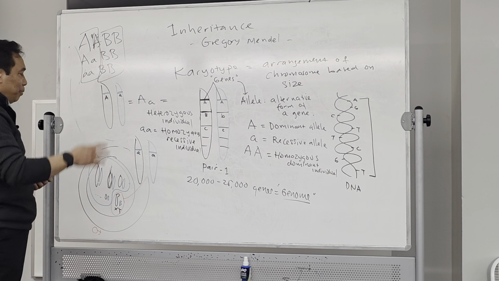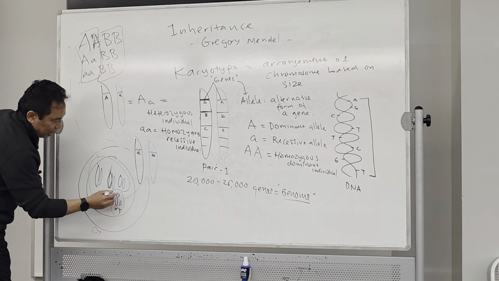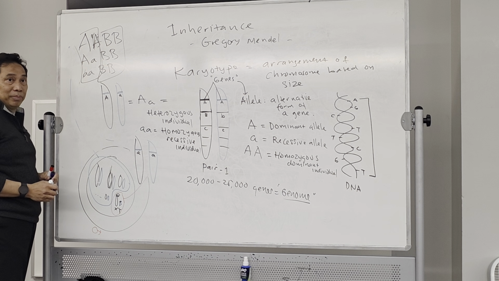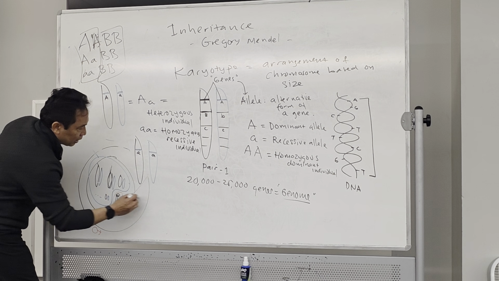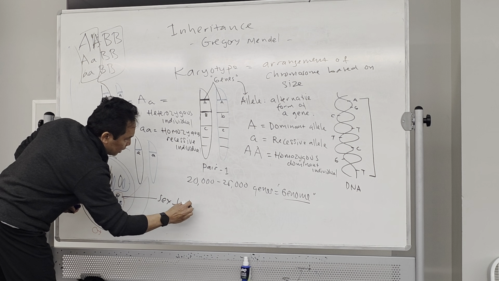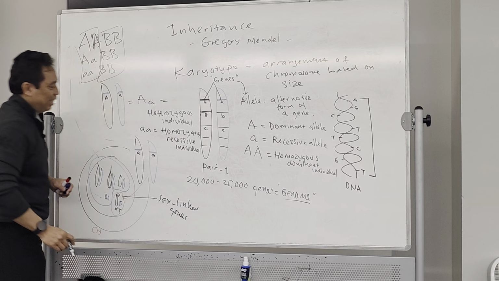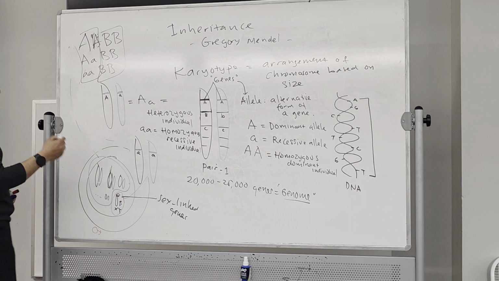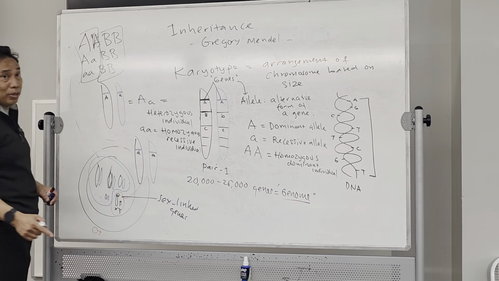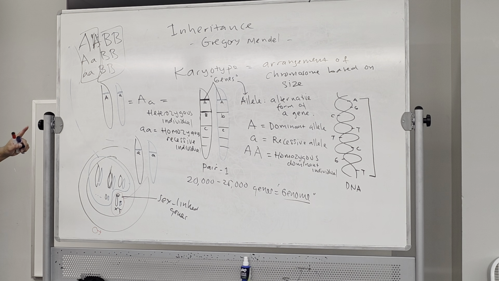Okay, now the genes that are located in the sex chromosomes are called sex-linked genes. So a gene is going to be located either on the X chromosome or on the Y chromosome. If it is on a female, both are going to be located on the X and X chromosomes. It's called a sex-linked gene. There are several sex-linked genes that we know, like color blindness and hemophilia. That's actually on the sex chromosome. It is not in the autosomal genes. Okay.